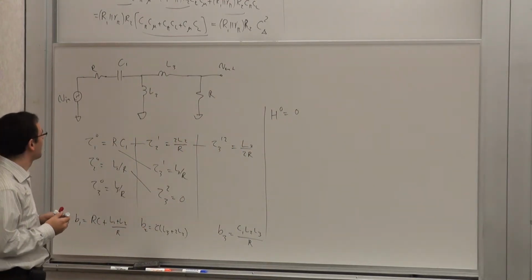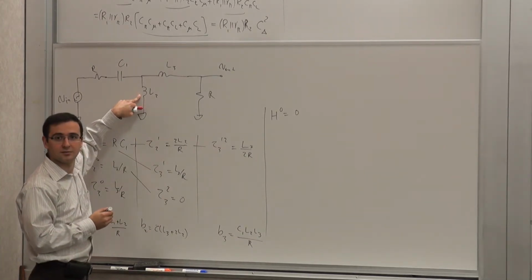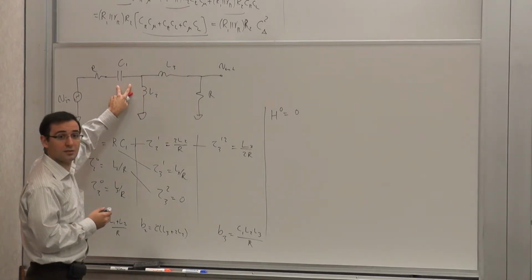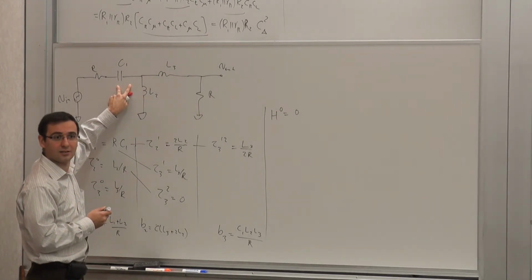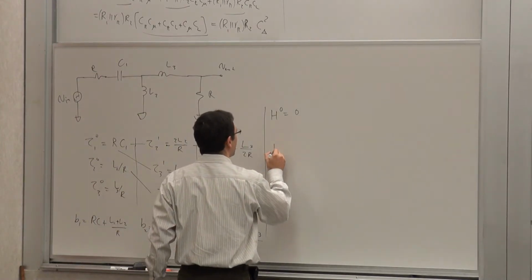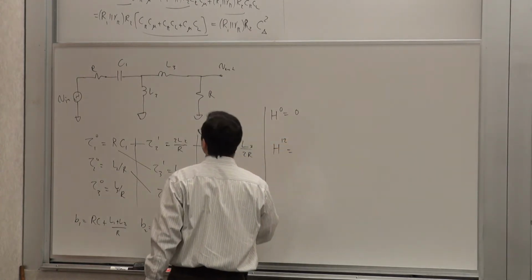Let's see. If this is short, this has to be open, right? And this has to be shorted, because otherwise nothing goes through. So it means that the lowest order thing that will give me a non-zero thing would be H12, which basically